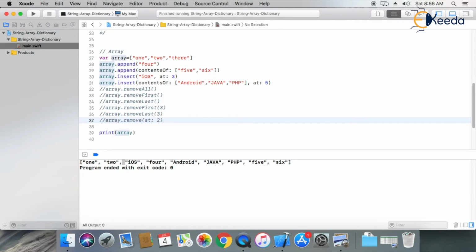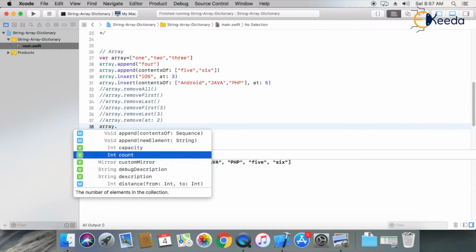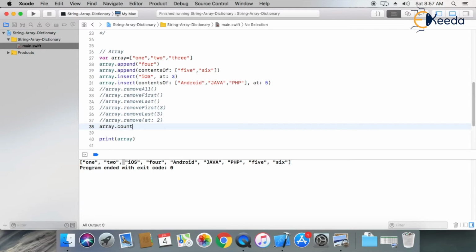Now another method, very important in your array. If you have to count the elements in your array, you can use this method, array dot count. This method is used with a single expression. Here I am using one variable, counter, and in counter I am storing the array count. So cn equals array dot count, and